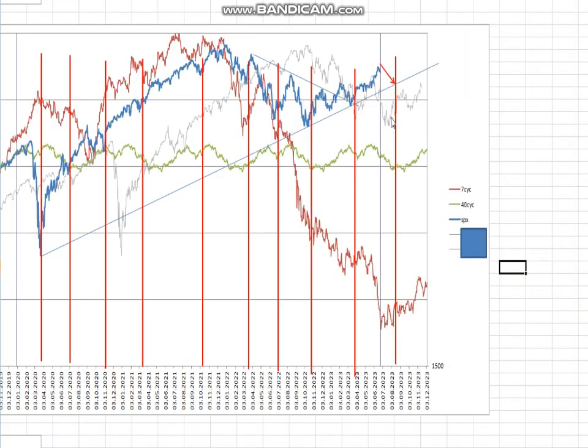Bigger picture, we have broken out of the 40-week offset, so everything points to a new bull market, but I still expect some kind of a correction down here. Looking in green here, I have my 40-week cycle, and within it a 20-week cycle. The red lines are 20-week cycle lows, and we are expecting a 20-week and a 40-week cycle low sometime around August, September. So we should see some kind of a pullback here,